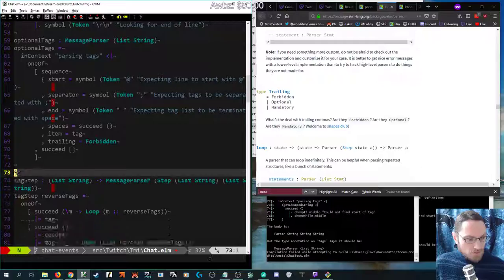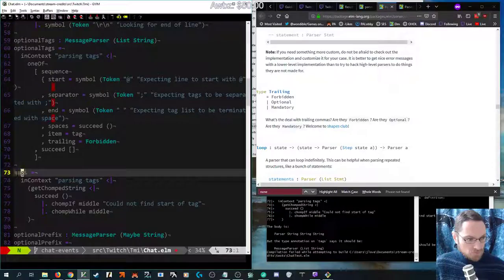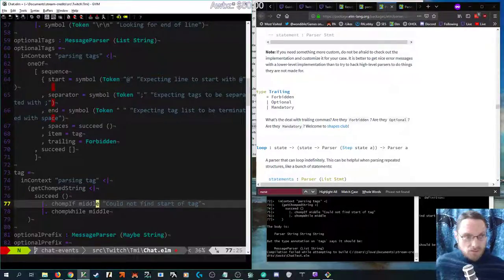And then we don't need any of this stuff. We do still need a tag, though. Which is going to be any character. Because this already has separator. But probably the things in your item do not include that. So we still kind of have to do